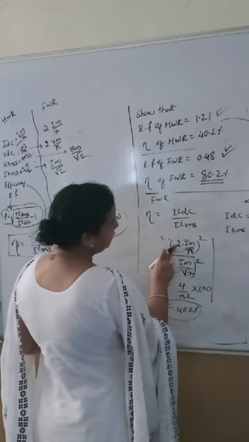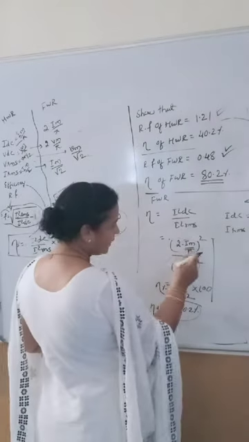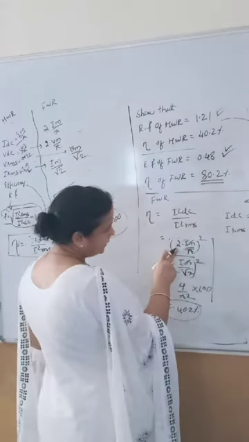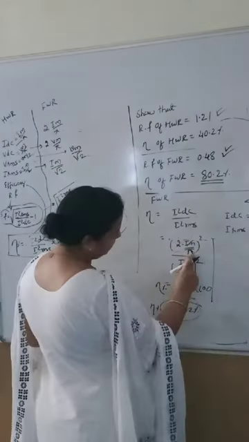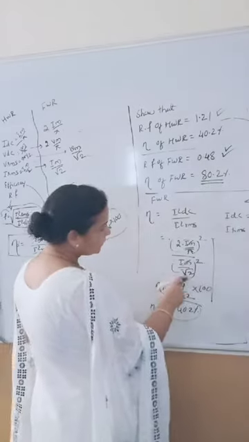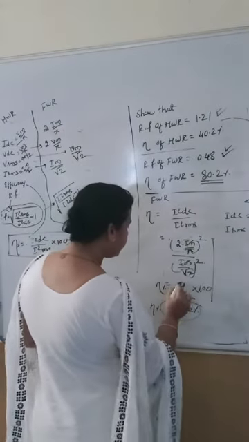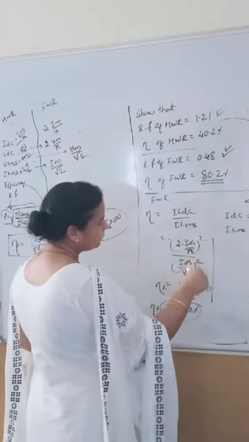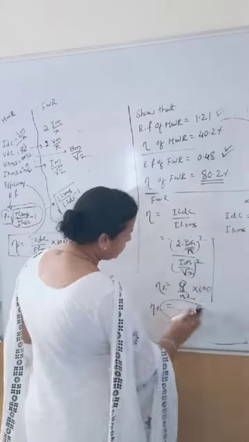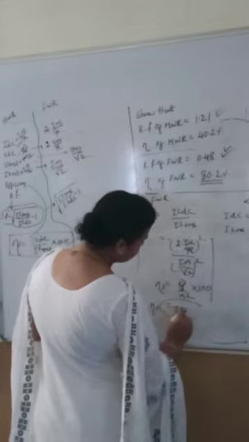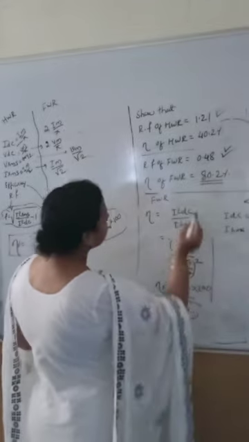This is going to be 4 by pi square. Anyhow, this Im will get cancelled. The 4 square is there, 4 by pi square, and this is going to be 2. Then you will have 8 by pi square into 100, which is going to give you 81, somewhere around 80% efficiency, that you can show.